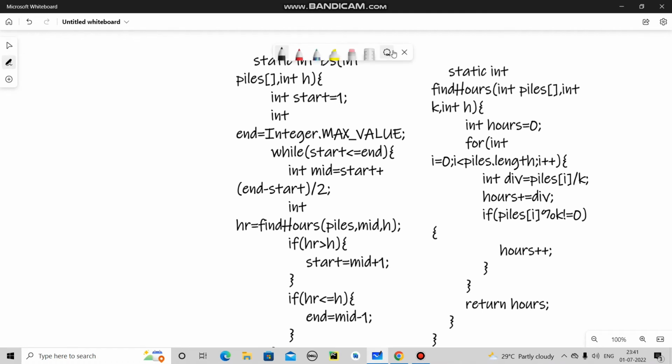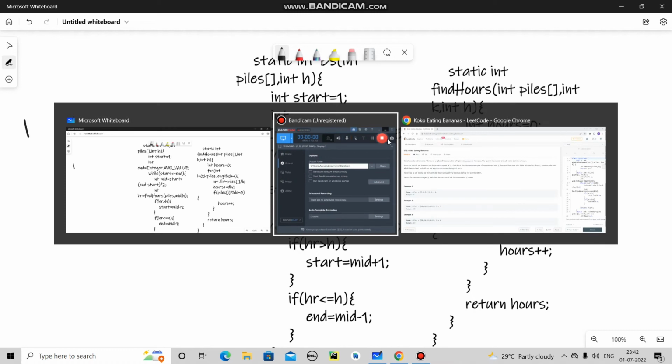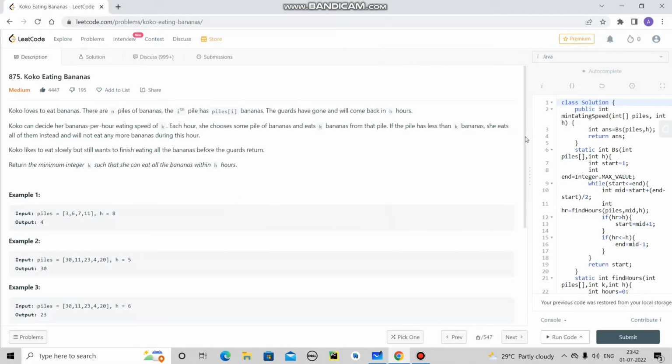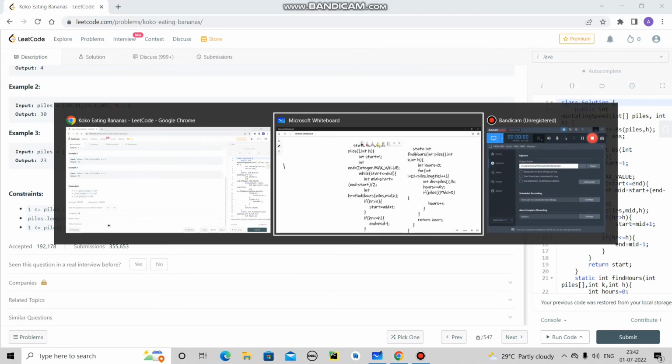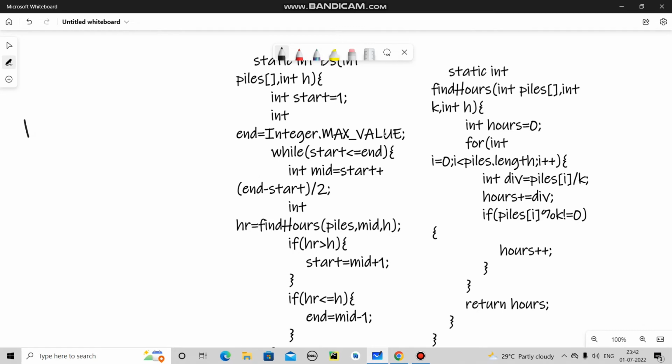Let me explain this code once. So what we are basically doing is we are passing the array piles and the hours h in a function which is called binary search, and here we are taking the start as 1 because the minimum banana she can eat is 1, and we are setting end as integer dot max value because here we are given that the nums of i can be up to the power 10 to the power 9. So that's why we are setting this end as integer dot max value,